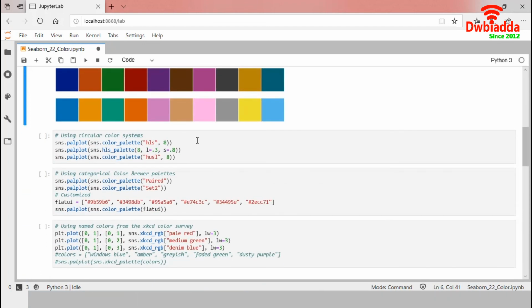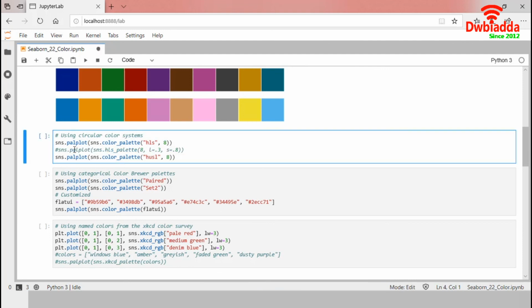When we have an arbitrary number of categories to distinguish without emphasizing any one, the easiest approach is to draw evenly spread colors in a circular color space. The most common way to do this is using the HLS color space, which is a simple transformation of RGB values.